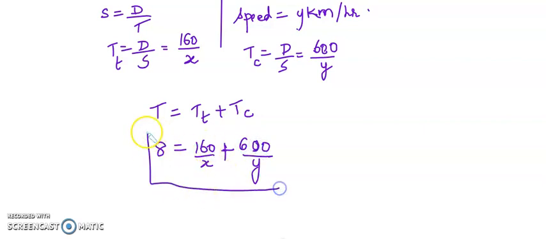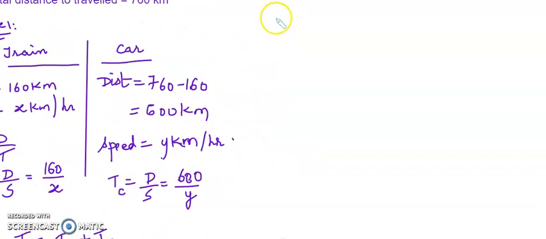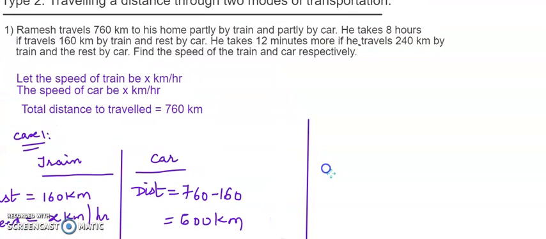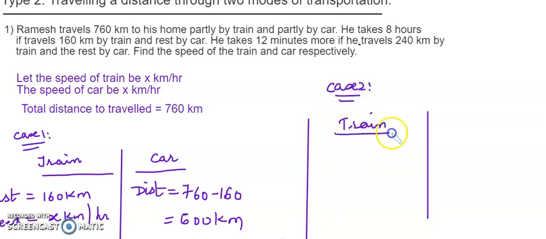We still need to change it, but we'll come to that later on. Now the case 2, let me write it on the right side. Again, we are going to bifurcate case 2 into two parts, train and car. So now in the second case, how much distance is traveled by train? 240. And by car, the remaining, right? So let's write it down. Case 2, train and car. Distance